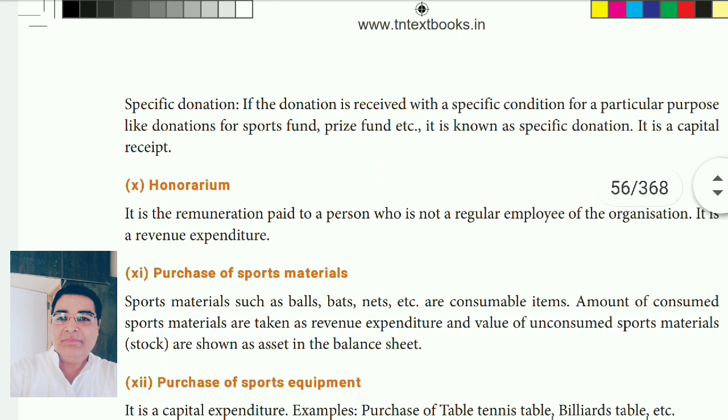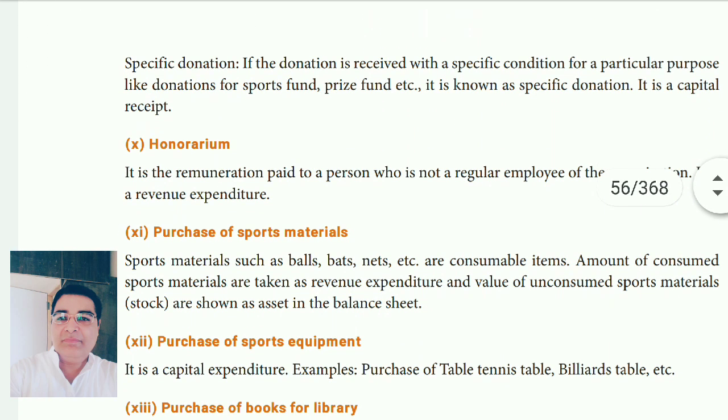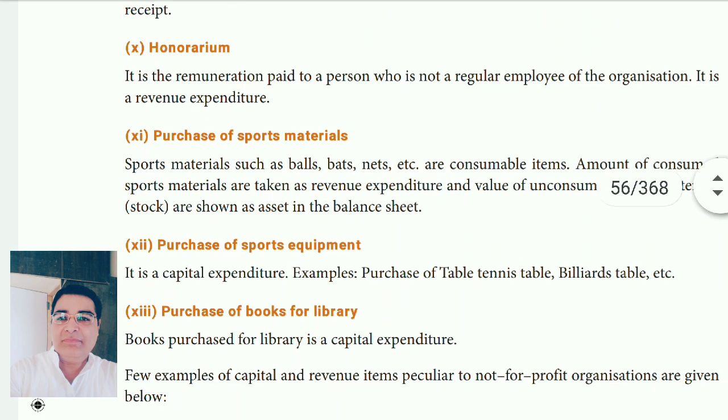So see the specific donation. If the donation is received with a specific condition for a particular purpose, like donations for sports fund, prize fund, etc. So any fund mentioned, it will come on the liability side. It is known as specific donation. It is a capital receipt. Understand? Next,